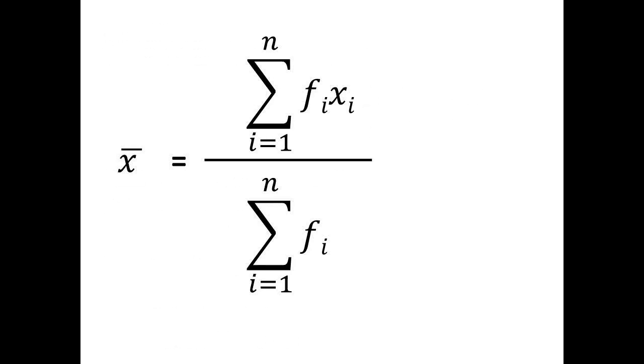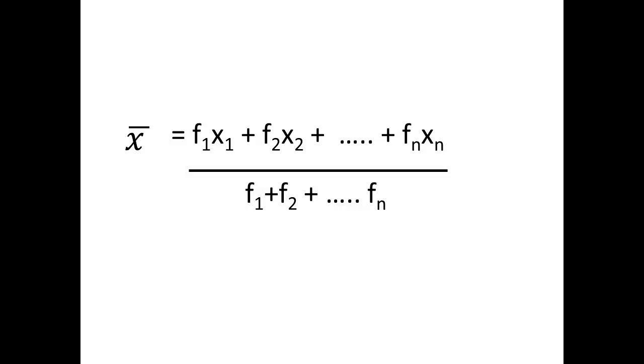The arithmetic mean, x bar, is given by the sum of numbers times frequencies divided by the sum of the frequencies. We can write this out as x bar equals the frequency 1 multiplied by x1 plus frequency 2 multiplied by x2 all the way through to frequency n multiplied by xn, and then divided by f1 plus f2 all the